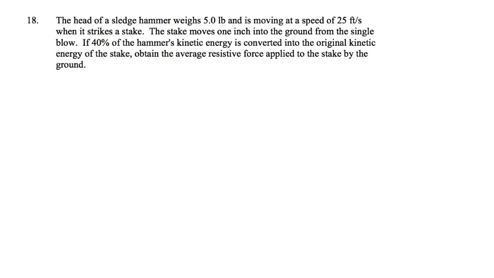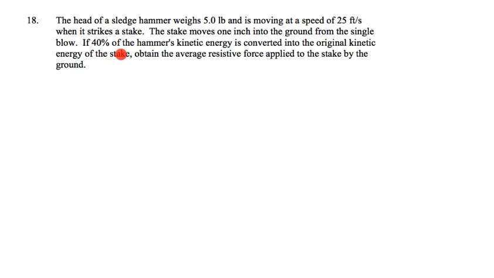Now in this problem, we're actually getting the energy from something else. When I write my conservation of energy equation, I'm going to be writing it for the stake. The stake is what is being driven into the ground. Originally, it's just on the ground, and then we drive it with one blow, 1 inch into the ground. But that energy is coming from something else. So again, it's like a domino effect. Something else is creating the energy, and then that part of that energy, in this problem,